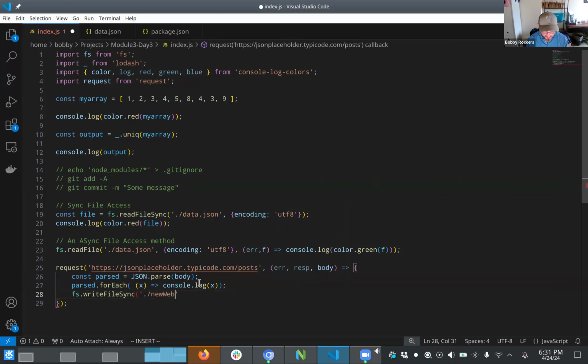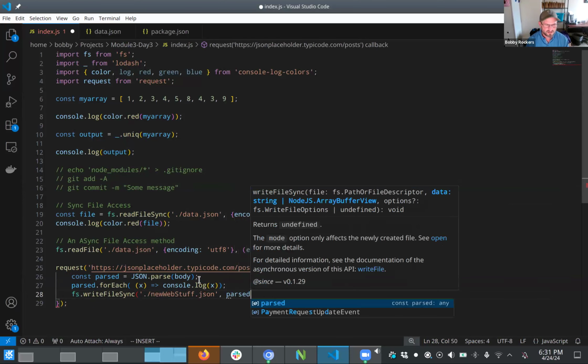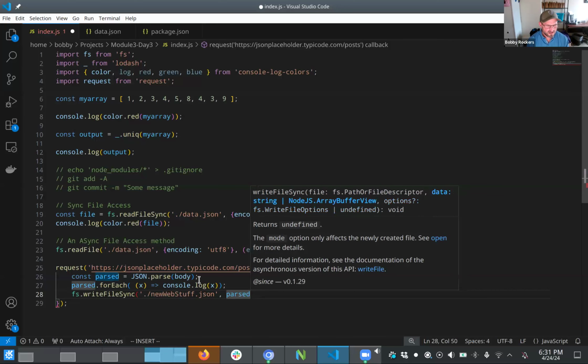New web stuff.json. Okay, so the second argument is the data we want to put in there. So we're going to say parsed. And the third thing in there is, looks like that's it. Yeah, I think that's it. All right, let's find out if this works. It probably has not, but